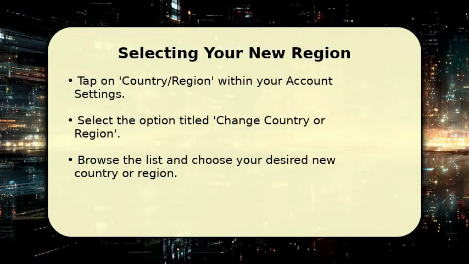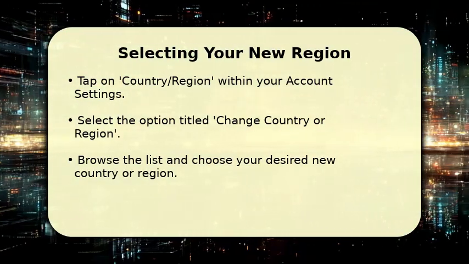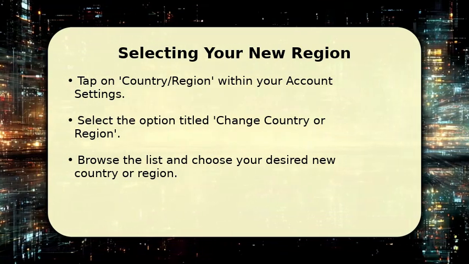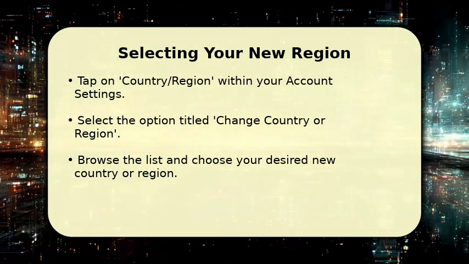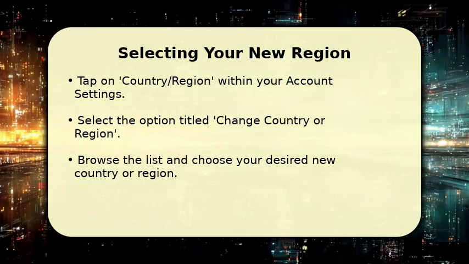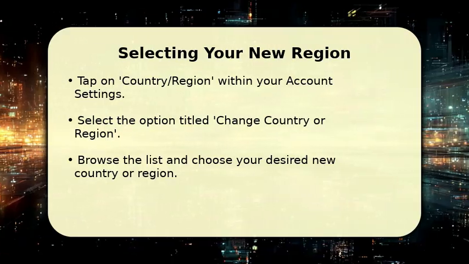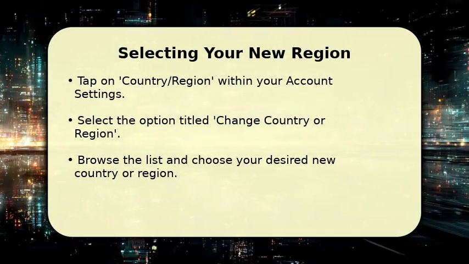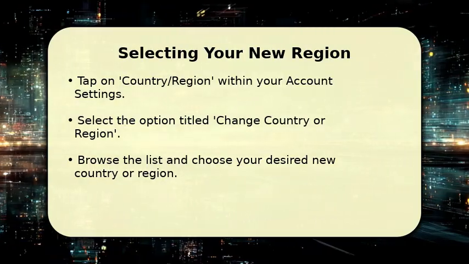Once you are in your account settings, locate and tap on the Country/Region option. You will then see the choice to change country or region. Select this to proceed. Now, simply browse through the comprehensive list and choose your desired new country. Take a moment to carefully review the terms and conditions specific to that region, and finally, accept them to move